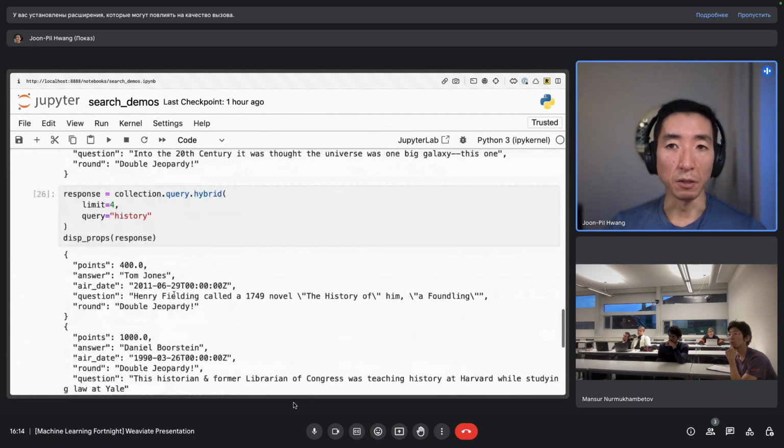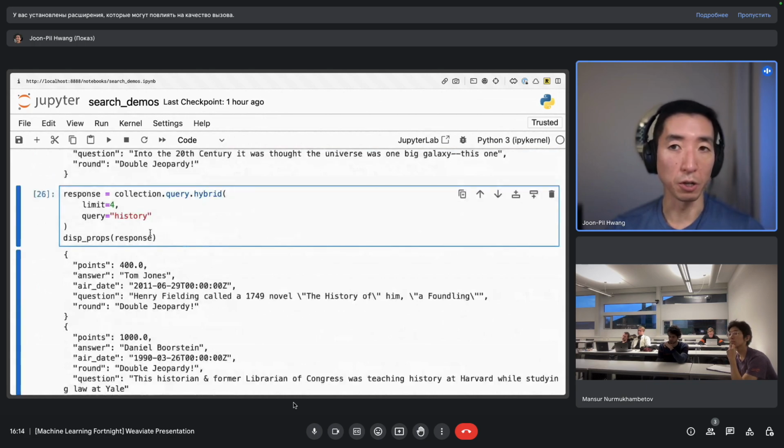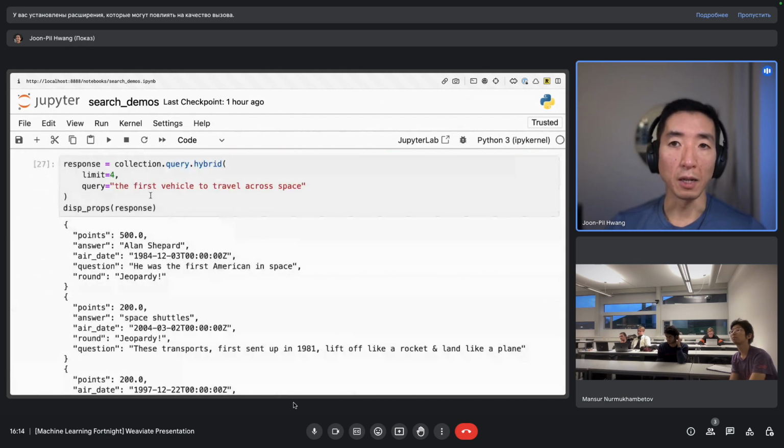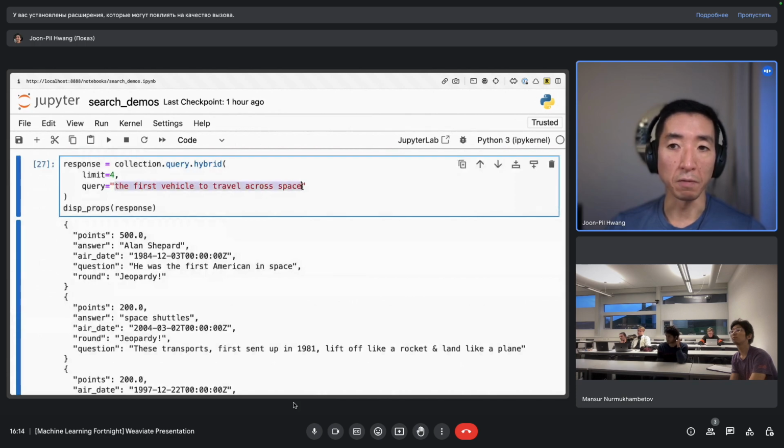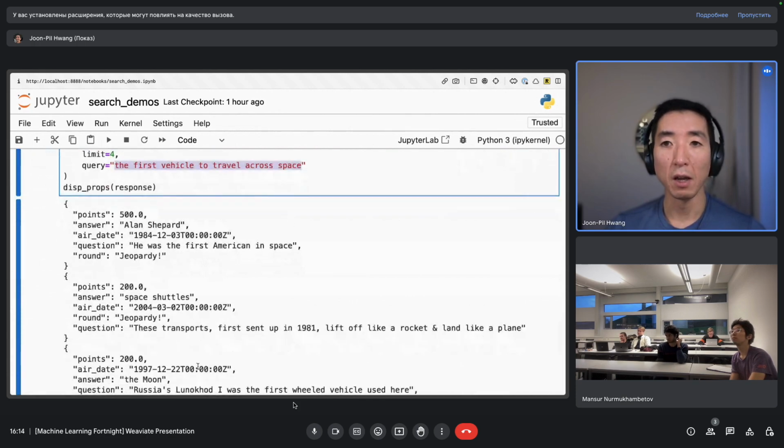And this is still the case regardless of how long a search string I put in. So, for example, a vehicle to travel across space. Even though I'm searching for this very long string, I get these results, and some of this would be based on the matches of the keywords on the BM25 formula, and some of these would be based on our vector search.